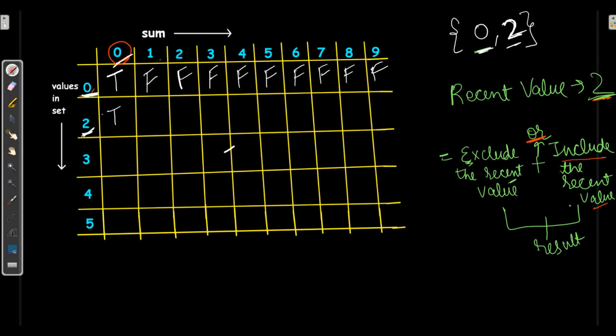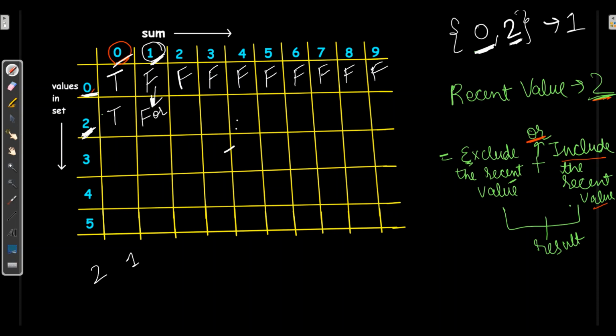Now for making sum 1, first I exclude the recent value. On the basis of 0, I take the earlier value from above, false, or the recent value 2. Will 2 be able to make sum 1? A greater value making a smaller sum is not possible, because 2 can never make the sum 1.